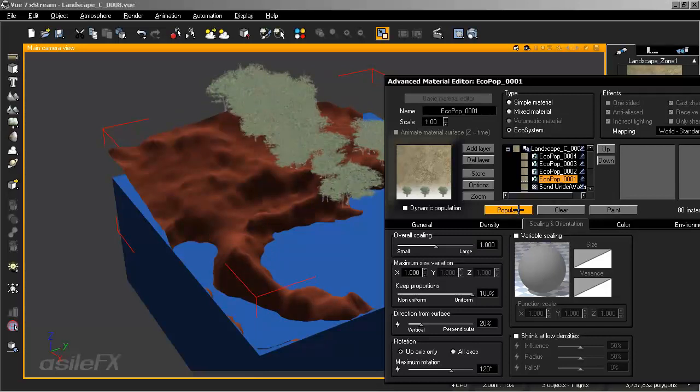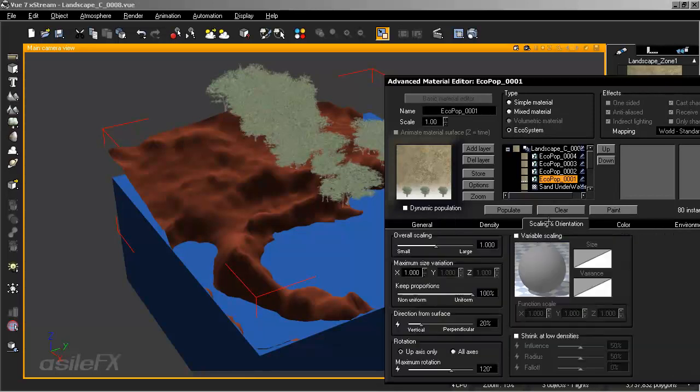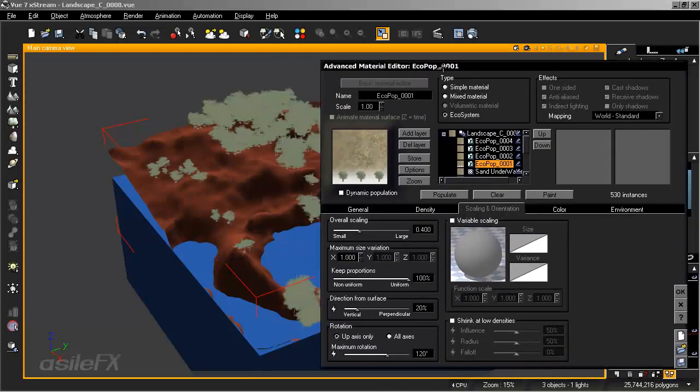vegetation. Like I was saying earlier in the training, the terrain itself is too small, so we need to have a smaller overall scaling. Either that or setting the scales down smaller on the trees themselves. But since I basically want most things to retain their scale, although we will be making modifications to the General tab scale, I am going to bring this down to 0.4, and we can repopulate, and now we can see this distribution showing up. So this gives us a nice little preview,